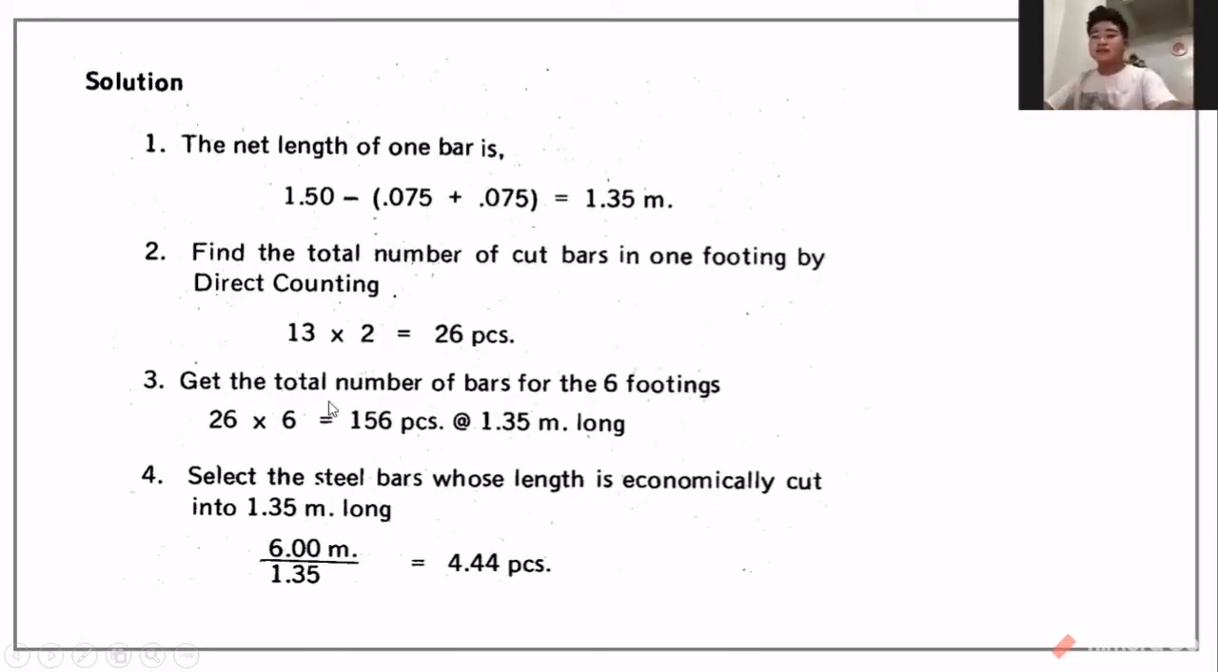So the third step is to get the total number of bars for the 6 footings. We have 26 pieces in every footing, and we have 6 footings. So 26 was multiplied by 6, so we have 156 pieces at 1.35 meters long. For the fourth step, we have to select the steel bars whose length is economically cut into 1.35 meters long. So here, the 6 meters was divided by 1.35, which is equal to